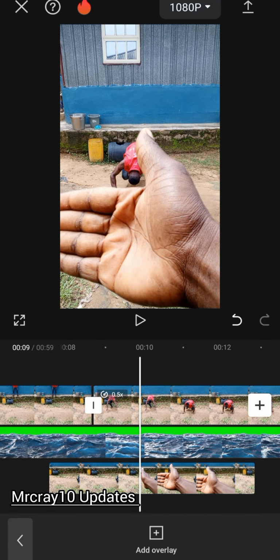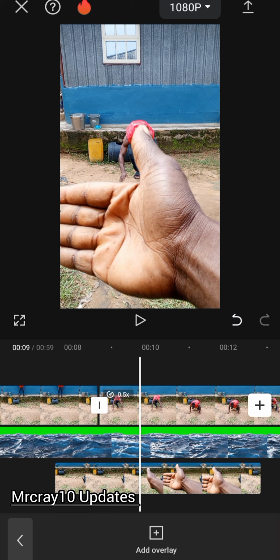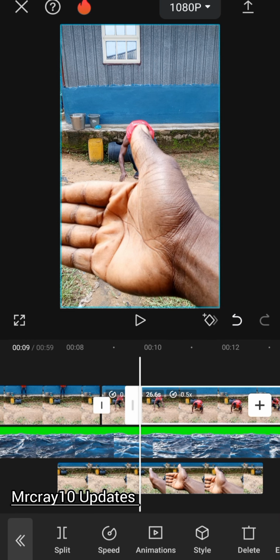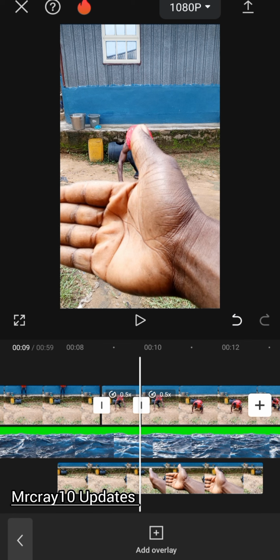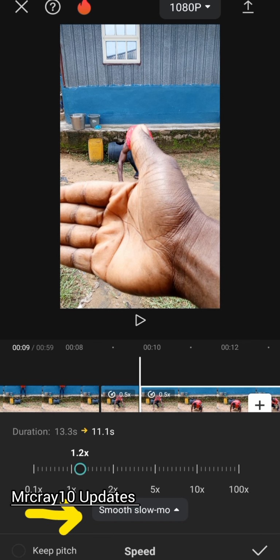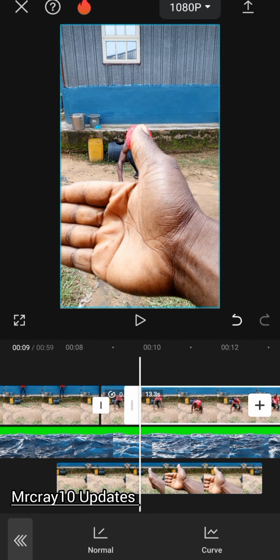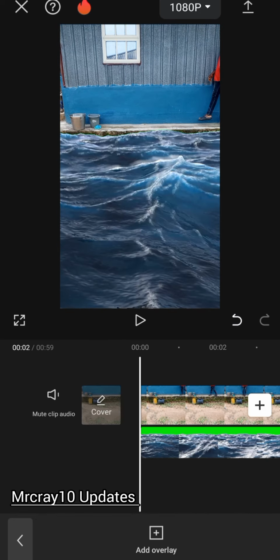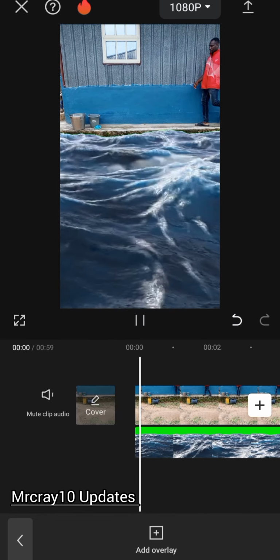You get my point? So at this point where the character is down, tap on the first layer, tap on split. Understand? Now tap on this other section, go to speed, click on normal, bring it to 1.0 so it will maintain its normal speed. You get my point? So that is just it. So guys, let's just see what we got. Let's see